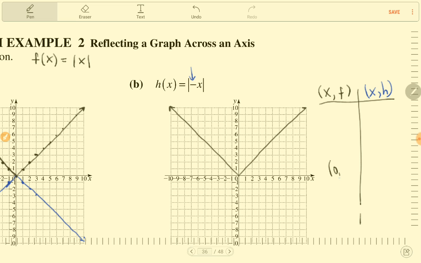So again, we have (0, 0), (1, 1), (2, 2), (3, 3), (negative 1, 1), (negative 2, 2), (negative 3,